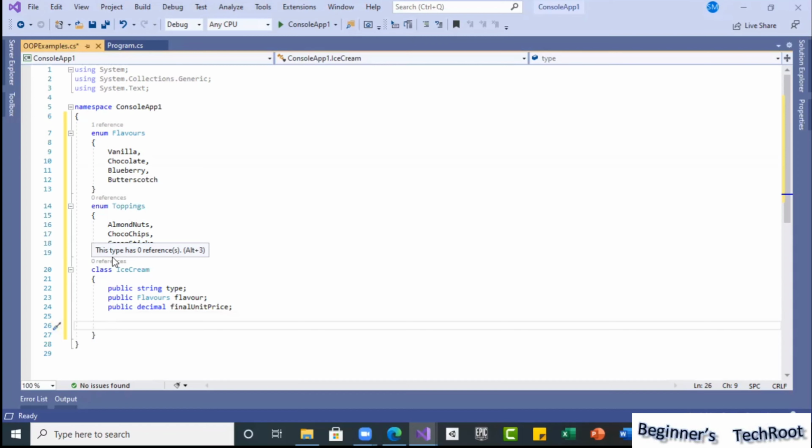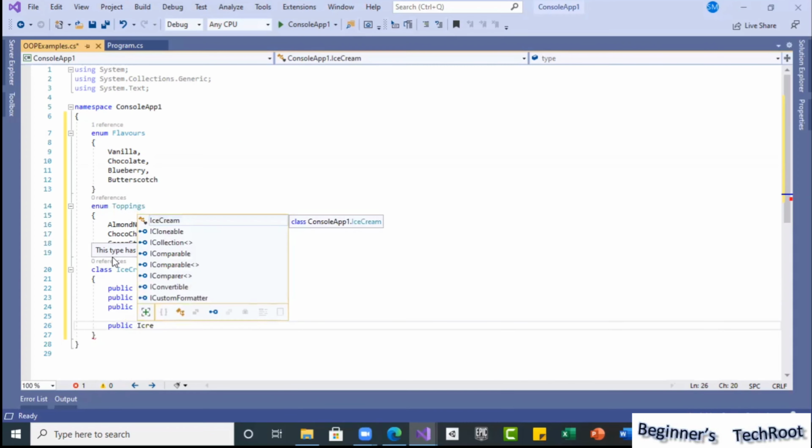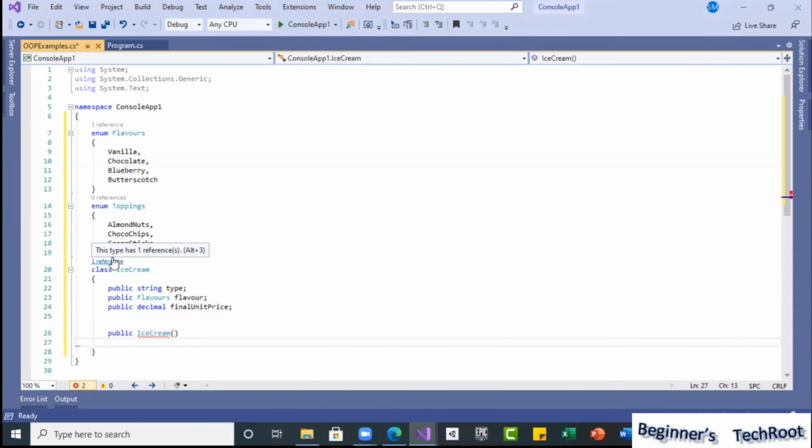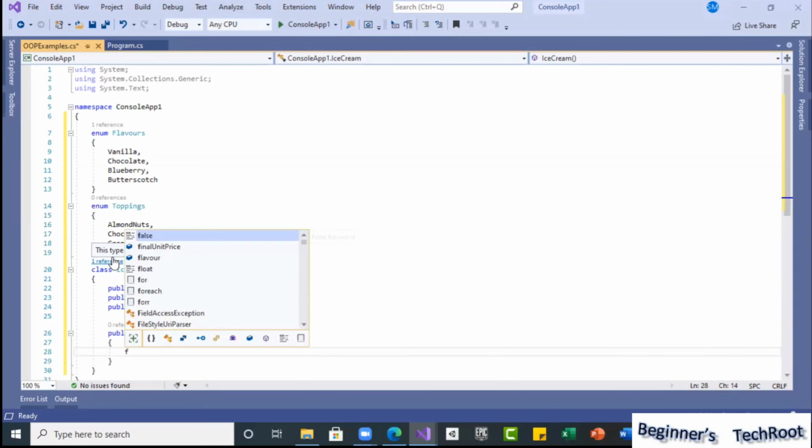Then now I will make a constructor. So ice cream. In this constructor, just for our understanding, I will make it as a default.